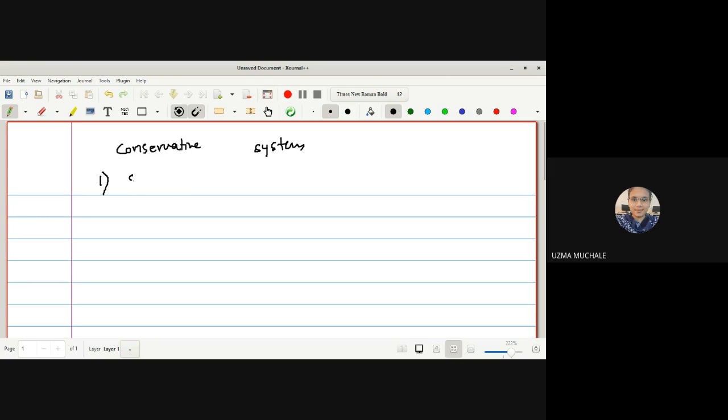The first we want to prove is for the scleronomic system, in which H represents both a constant of motion and the total energy, that is T plus V. Second, we have a rheonomic system, for which we want to prove that H does not represent the total energy. H may be a constant of motion. So these are the two parts we want to prove.